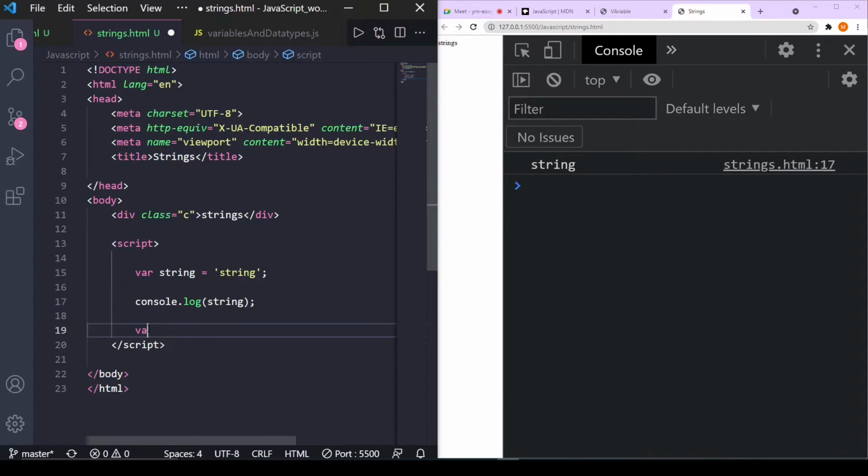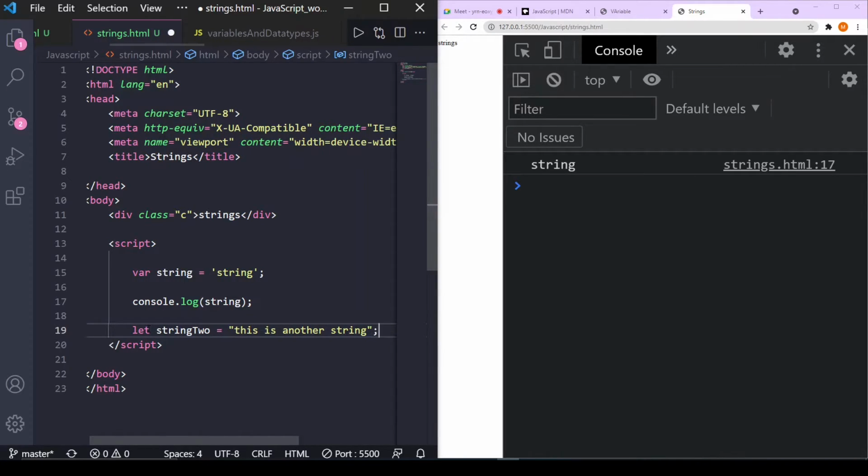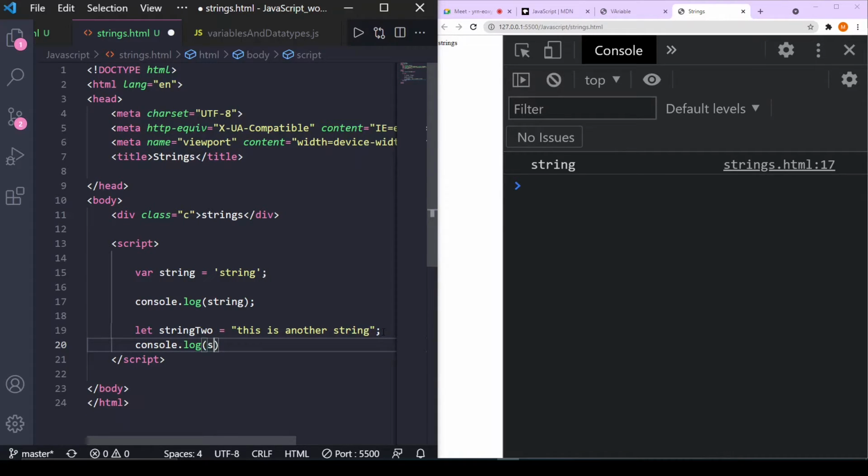First, let me define another string. We will use let instead of var throughout the program later. Let string2 equals this is another string. Now notice that the first time I used single quotes, and now I have used double quotes, and it still shows the output. Console.log string2.